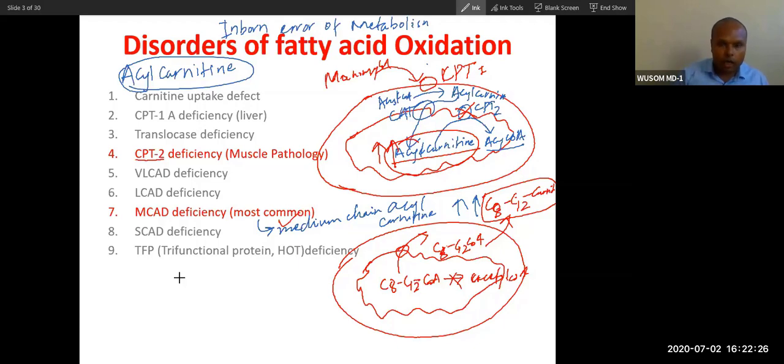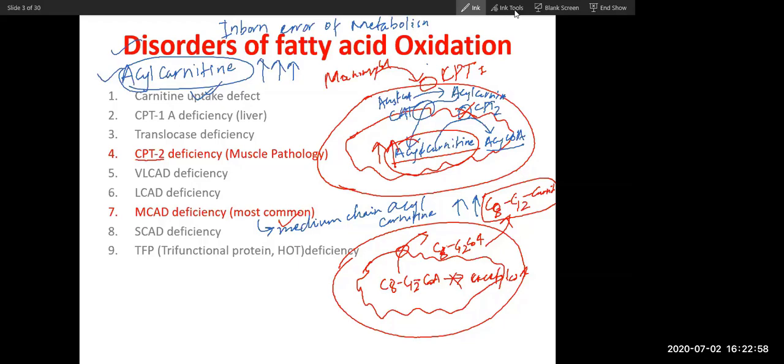So for all the inborn errors of metabolism, we test the baby after the baby is born through this test, acyl carnitine. A very small amount of blood is taken, and then we ask the laboratory for this test. If acyl carnitine level is very high, we suspect the baby has a disorder of fatty acid oxidation. Did you get the significance of this whole concept? Yes, sir.